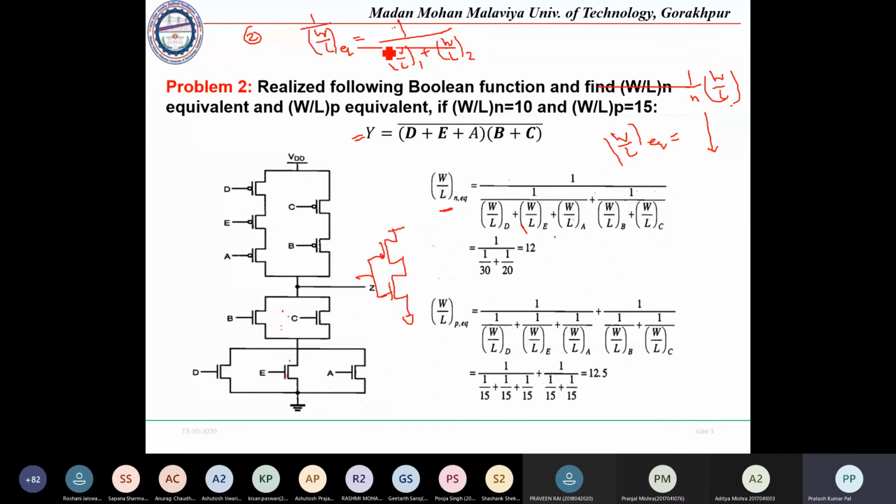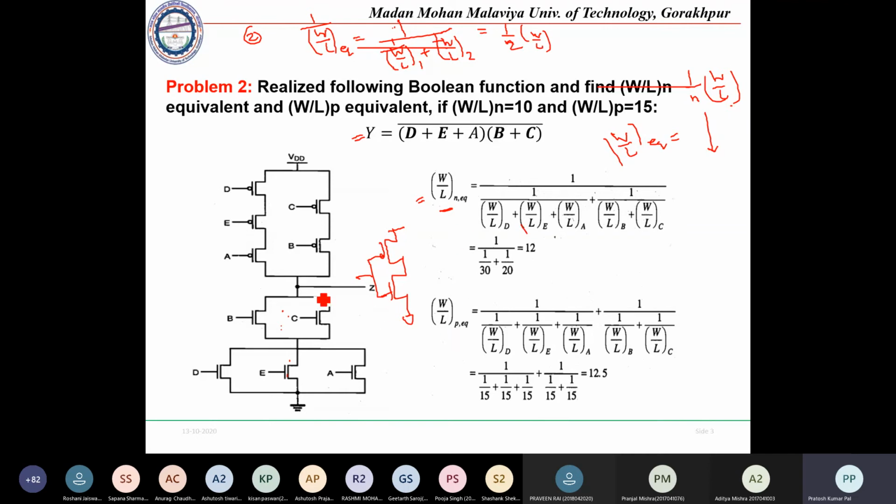So if we are making 1 upon 1 upon this, once we solve it, we will be getting 1 upon n for the 2, that is 1 upon 2 W by L, if these two are equal. Similar implementation will be there. In case the series combination is there, then these two parallel ones, 1 and 2, will be put in the form of 1 upon this added to 1 upon that, which will be equal to your equivalent in case of n logic.